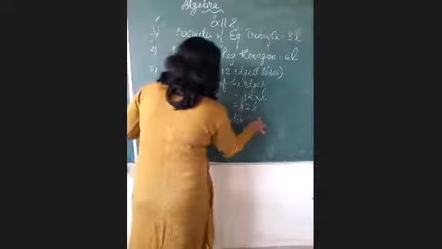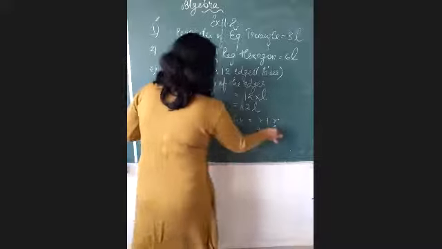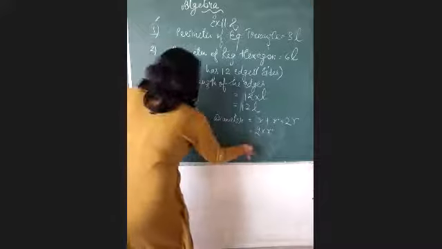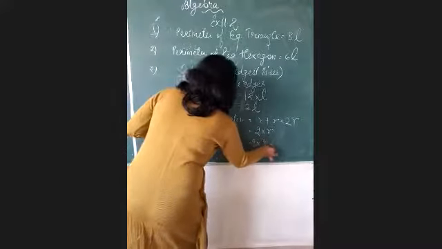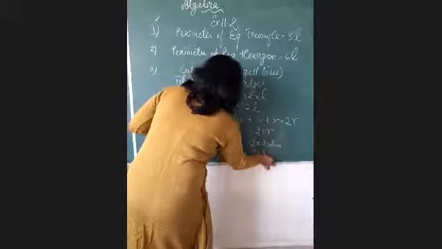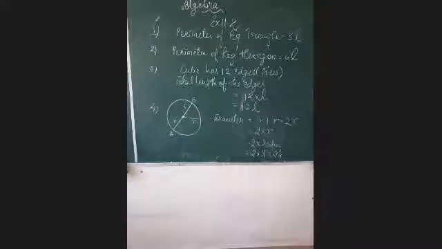You can either write R plus R, which will give us 2 into R, or you can write it down as 2R also. It is just 2 multiplied by radius, which will give us 2 into R, or the formula could be 2R. So these are both the ways by which we have done it. So remember, diameter is always just double of its radius.